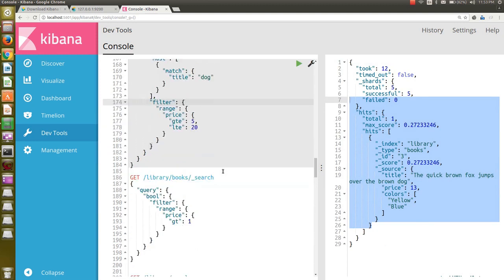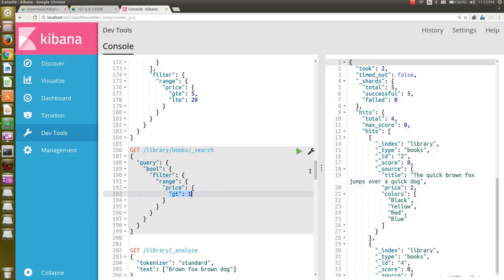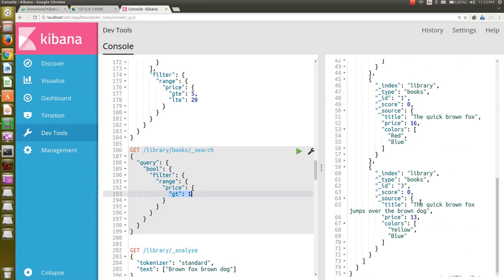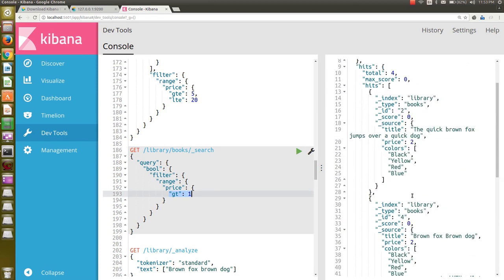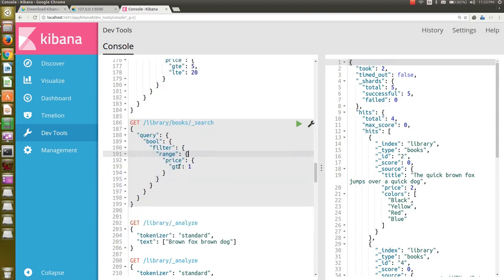You can apply a filter, or you can just apply a filter alone. You want, like, give me all of the documents in the book, search and say okay, the range in the price is greater than 1. Here you go, you got all of them. Yeah, I think, yes, no, one is missing because I think one has the price exactly 1, and we didn't say greater than or equal to 1. So you have this option as well.